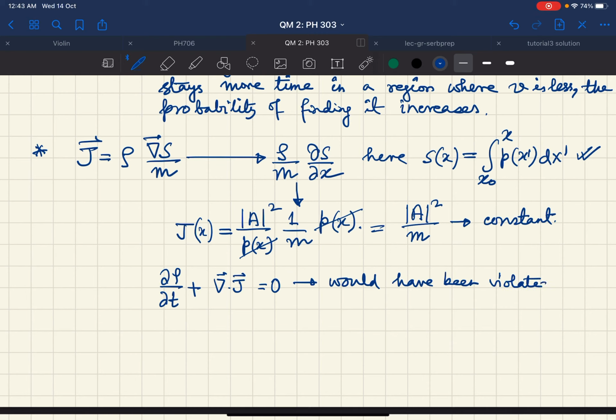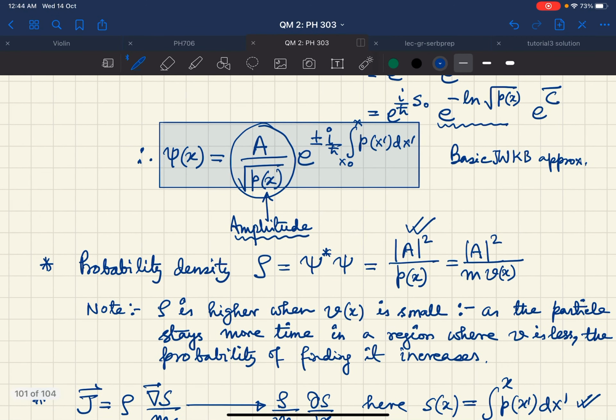That means at some point of space there is some accumulation of current which is going to violate your conservation law. So this would have been violated had Jx really been a function of x. So now we can actually write down the general solution that can be built from the basic solution that we have written here. This is the basic WKB solution,